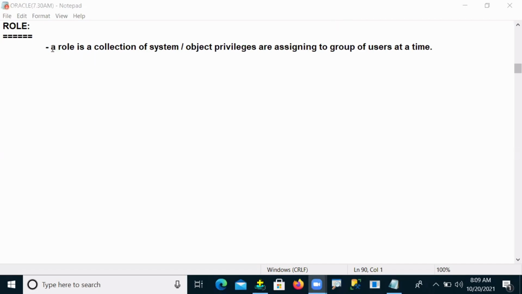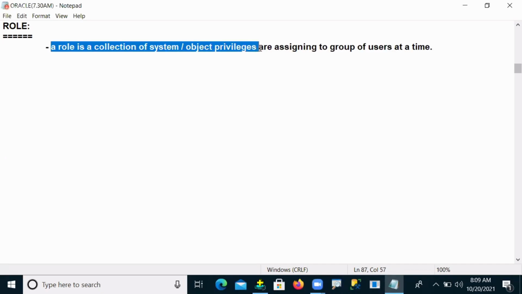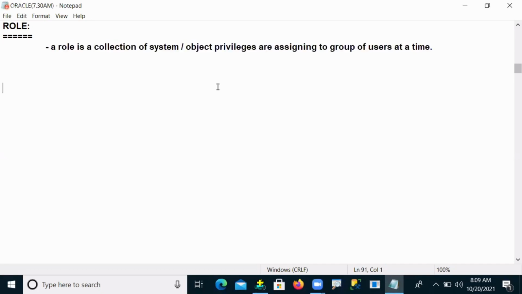So a role is nothing but, as I said, a collection of system or object privileges that are assigned to a group of people or group of users at a time. In which situation is this used? For example, let's see. Are you working in a company?